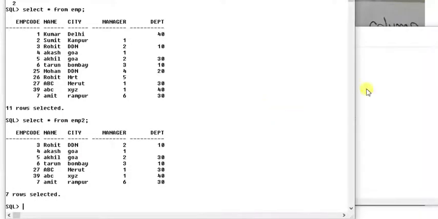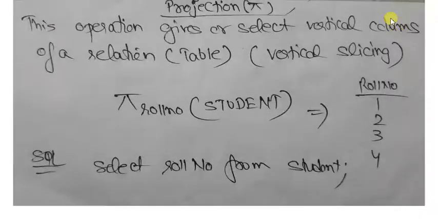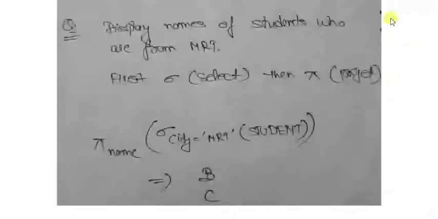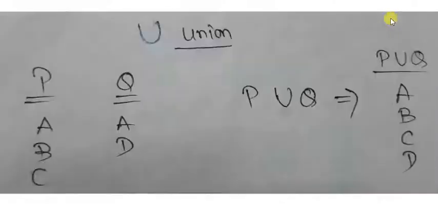The base is theory, but SQL has been developed on the basis of these operations. Cartesian product you know, join you know, and rename is just used to change the name of a table. You can go through some other examples also.